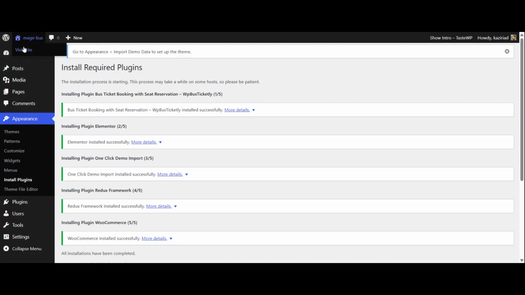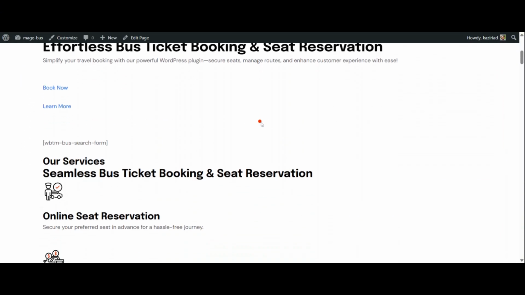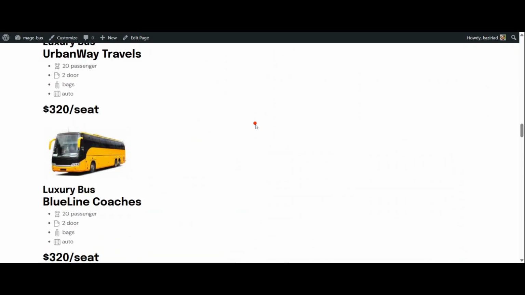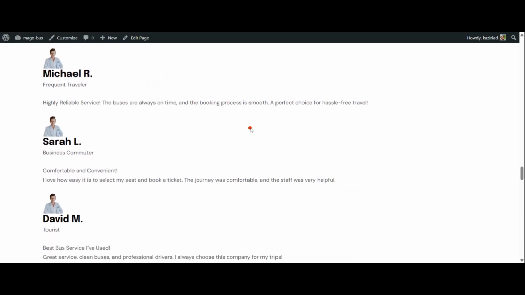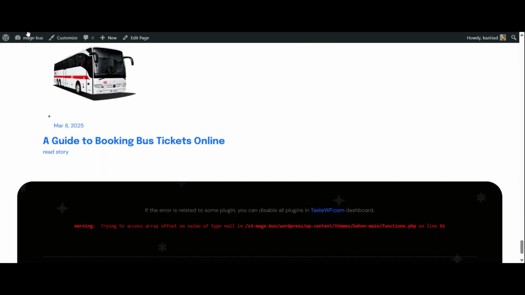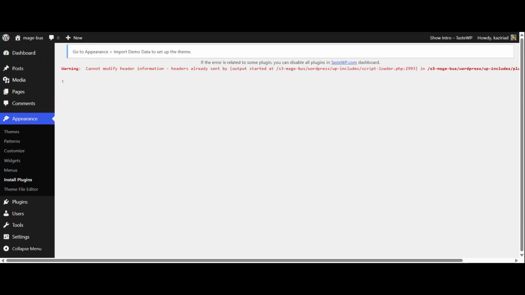Now you need to check out how it looks on the demo. Well, as we can see, none of the functionalities are live, so we need to activate it. So we need to activate our WP Bus Ticket plugin. So for that, individually activate all the plugins. Well, after activating WP Bus Ticket,